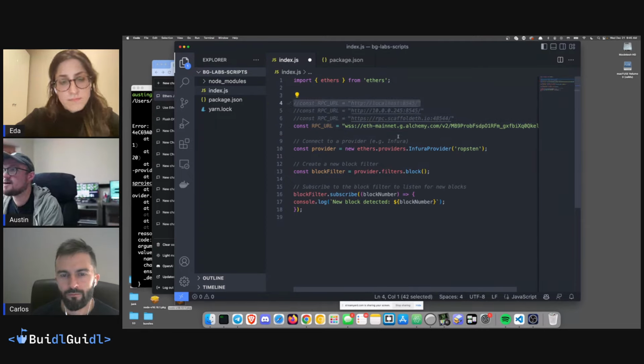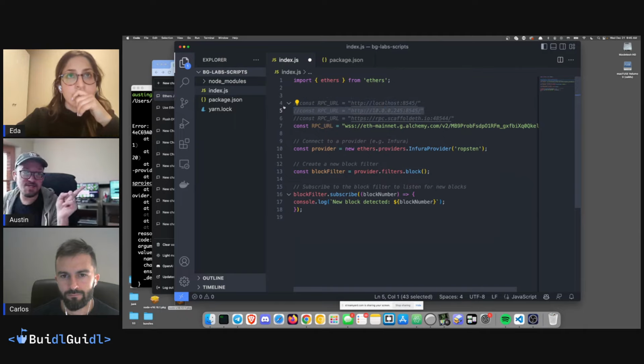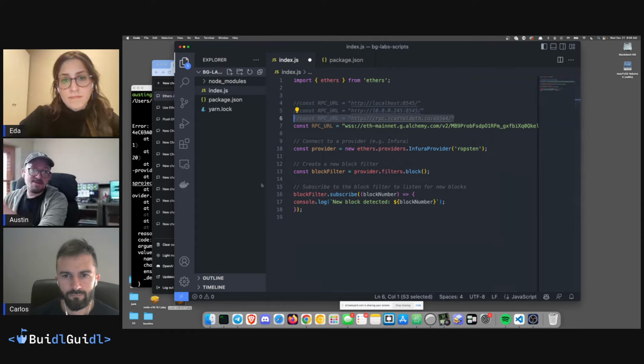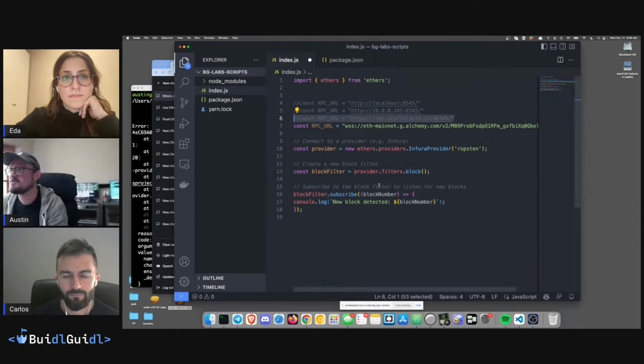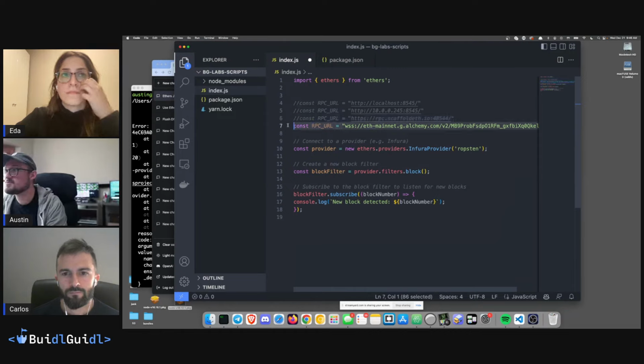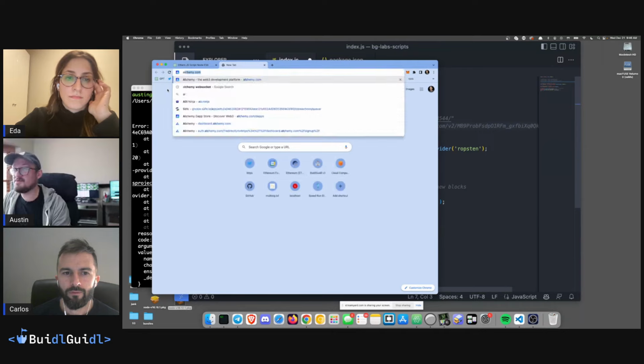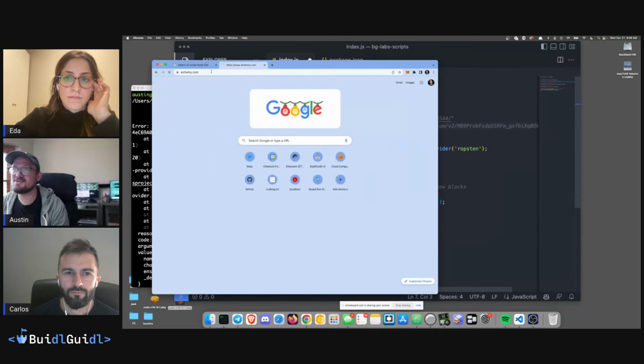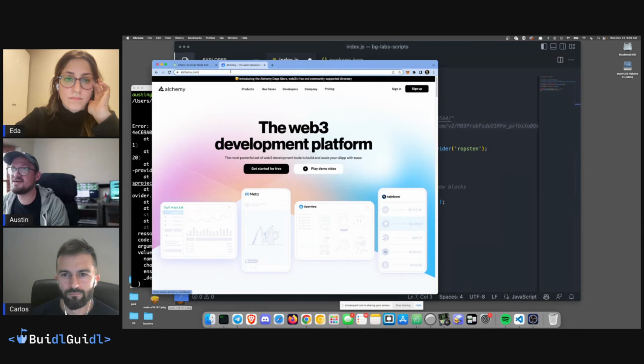This one would talk to my local Hardhat. This one talks to this machine here that I have running. This one talks to the Scaffold ETH RPC, which is another node that's running for Scaffold ETH folks. And then this one is Alchemy, and it's even WebSockets right now. So a lot of different URLs, and you can just go to Alchemy. Ooh, I don't want to expose my Alchemy keys, but you can just go to Alchemy and sign in, or go to